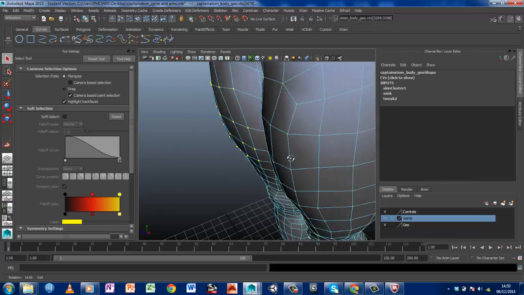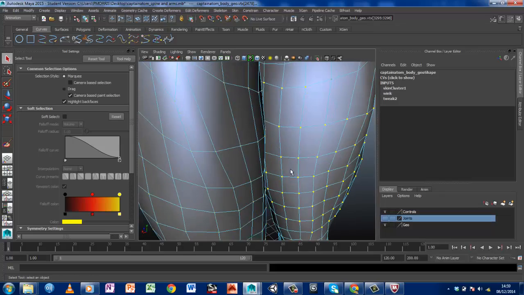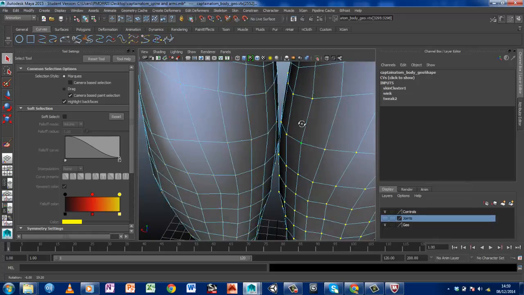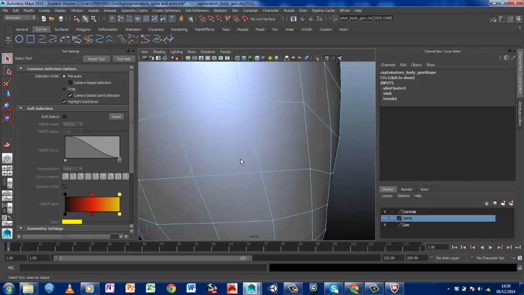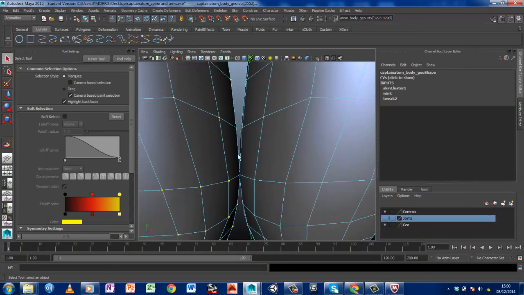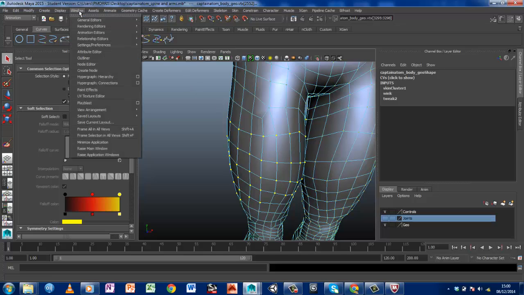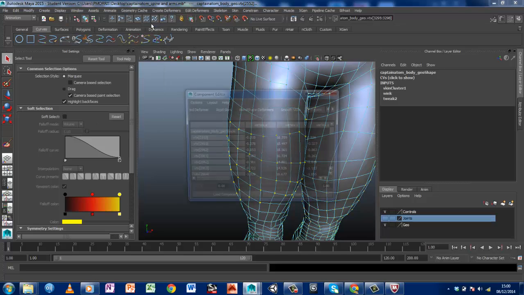And just select them around there and here. I've got one or two selected here, which I'm just going to get rid of. Okay, that's about right. So I've just selected them on one leg, and I know that these vertices are just on this one leg, so I just want to 100% that on the right leg, not the left leg. So if we go to Window, General Editor, Component Editor,